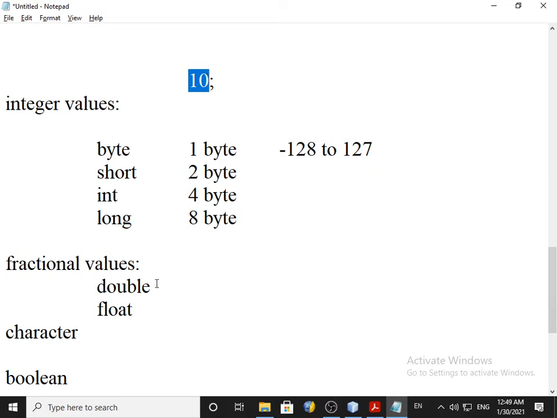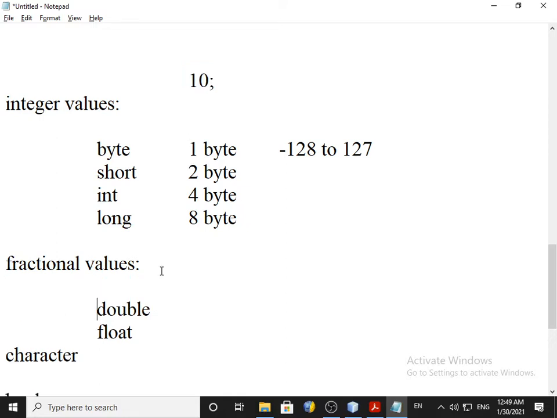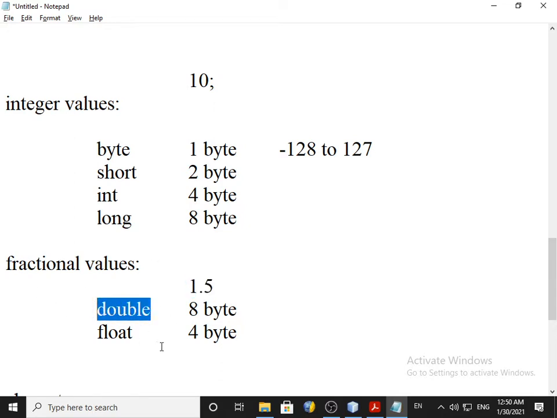Now for fractional values the rules are different. In fractional values we have double of 8 byte and float of 4 byte. In the absence of clarification, if I write 1.5, then this 1.5 is considered as double, meaning it is of 8 byte.